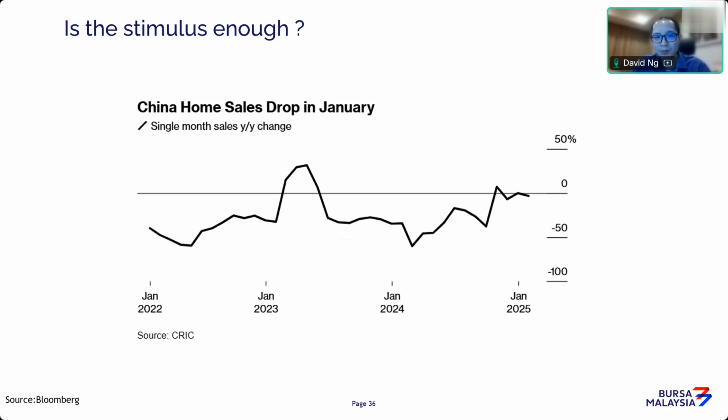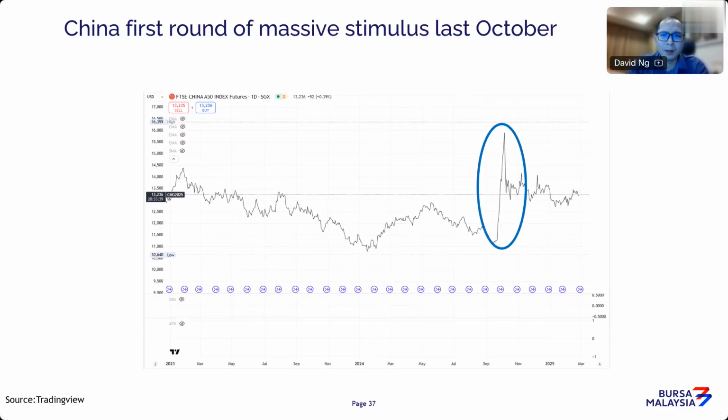And as long as home sales are not coming up, people don't feel confident enough to spend, and that would be a drag to the economy. So China is not only facing deflation, they're also facing a housing crisis in general. Now this is what happened in the China market last October, where the government suddenly announced a massive stimulus package,